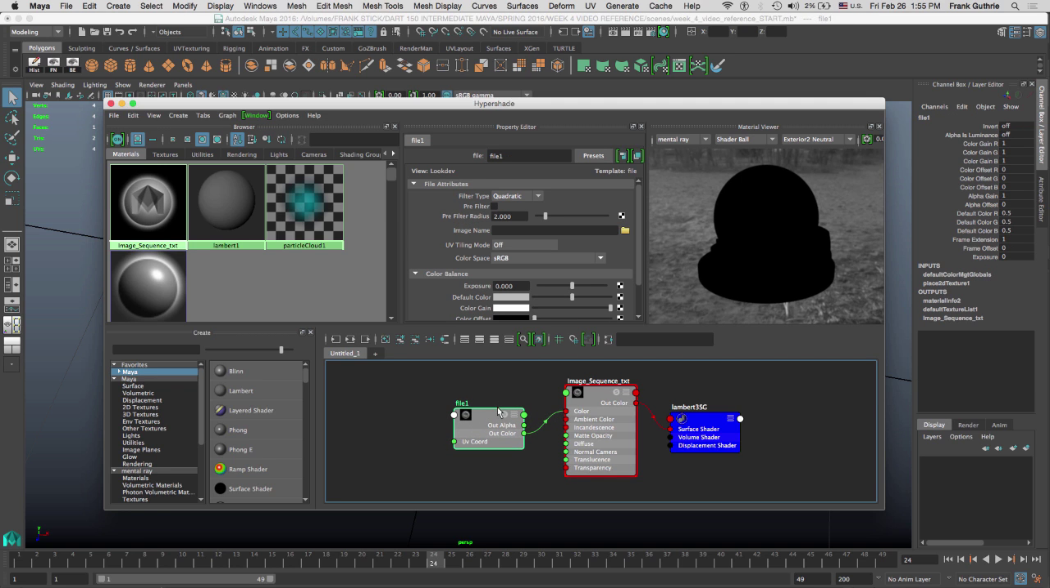and this is the file that we're going to import. To import the image sequence, the very first thing that we're going to do is click and select your file node. Get rid of the filter. We don't want any filters right here. And under the image name, what we're going to do is click on this little folder, and notice that it's going to take us